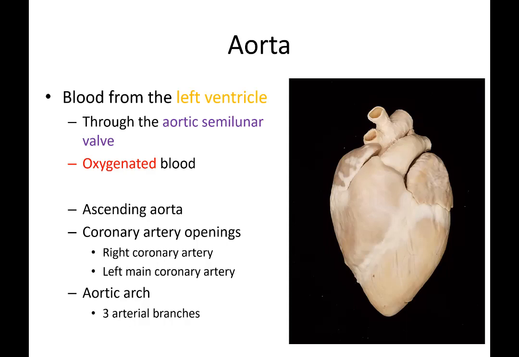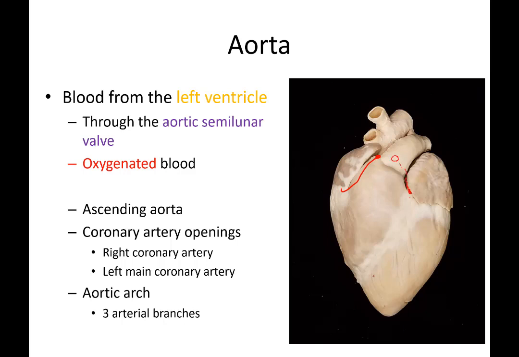The aorta is this one. So blood from the left ventricle is going to go up and through this aorta. It is oxygenated. This blood is heading out to the whole body. The first openings are the coronaries. They come off about here. This is for the right coronary. On the left side, it would sort of be behind this pulmonary artery, and it's going to come across here